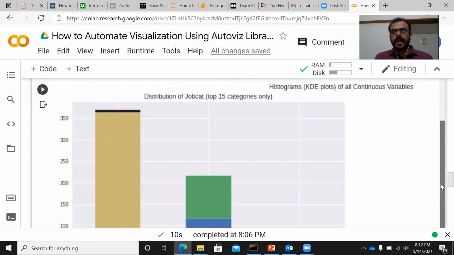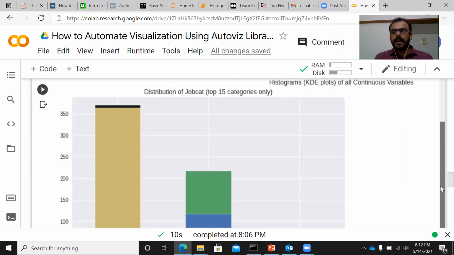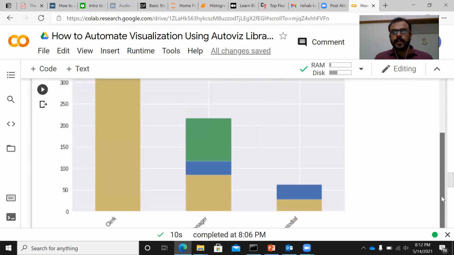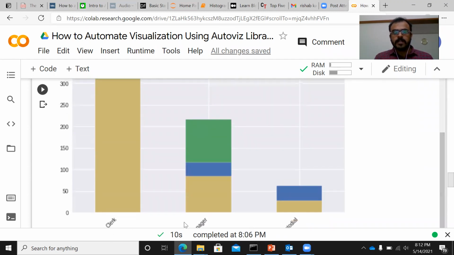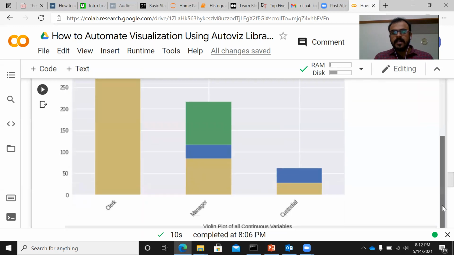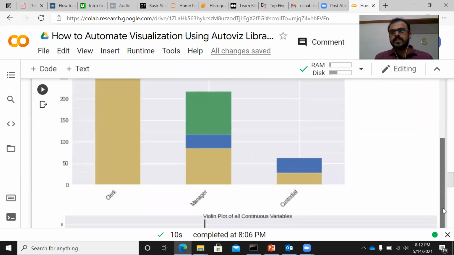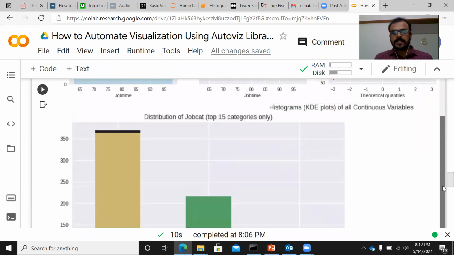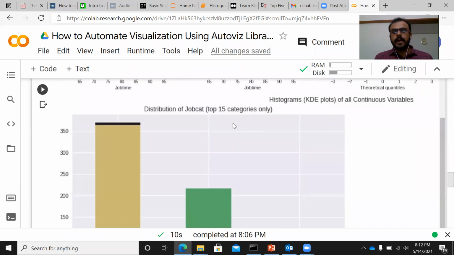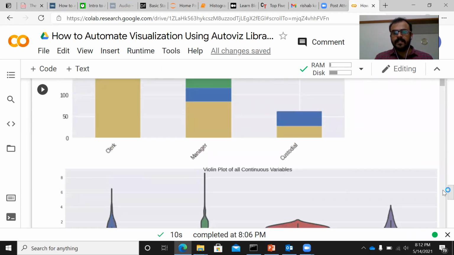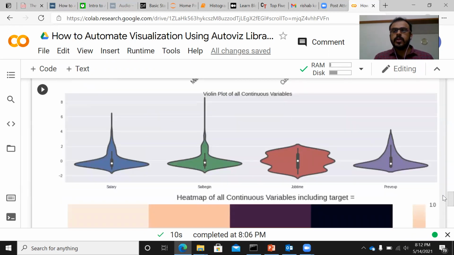This is what I get when I have categorical variables, variables like clerk, managers, and custodials. These are the 3 categories that are present for the variable job cat, and it has given me the plot for all these 3 variables. When I scroll down, what I see in one glance, for all the 4 variables, it has constructed